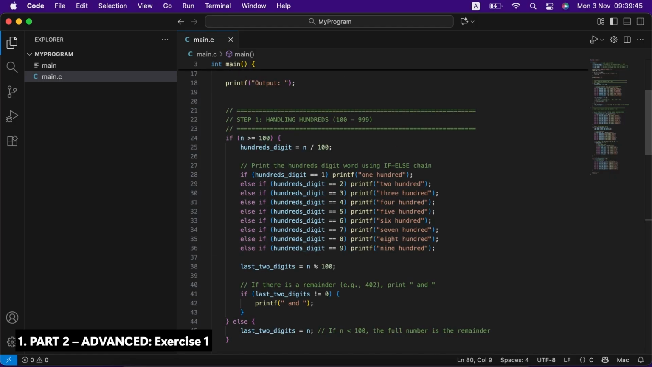Three. Step-by-step logic explanation. Step 1. The hundreds check. We start by isolating the hundreds digit using hundreds_digit equals n / 100. We then run a long if-else if chain to print the word 100 through 900. Crucially, we then calculate the remainder, last_2_digits equals n mod 100. If this remainder is not 0, meaning the number is not exactly 100, 200, etc., we print the connecting phrase